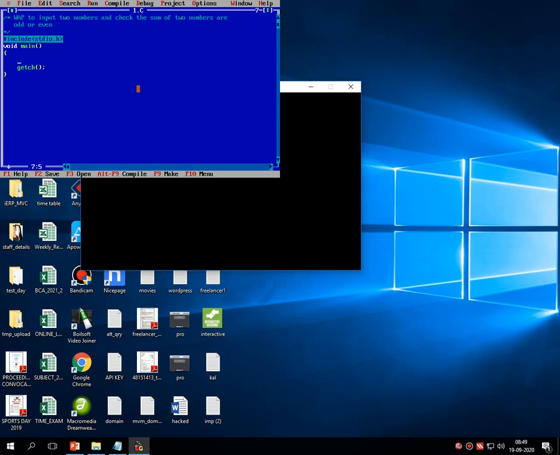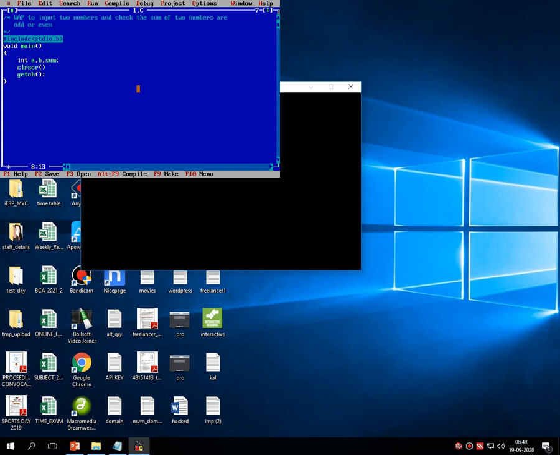Now as per this definition, I have to input the two numbers. So here I am declaring the two variables, integer a, comma, b. Then I even require the sum, so here I am writing sum. So three variables are there: integer a, the first number, integer b, the second number, and the sum, which is the sum of these two previous a and b.